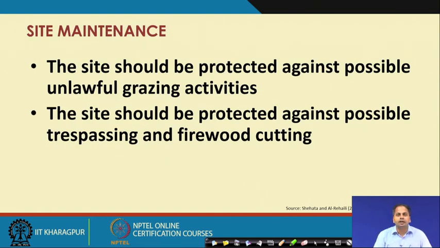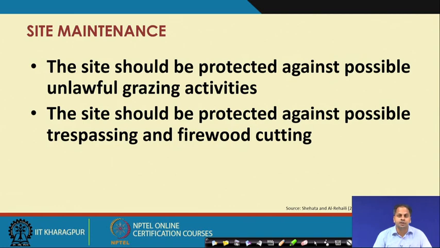Then comes the site maintenance. So once you have decided that you are going for this permanent control system by using a particular method or by application of plant cover over that region, you need regular maintenance. Okay. So the site should be protected against all possible unlawful grazing activity, and should be protected against possible tree passing and firewood cutting.